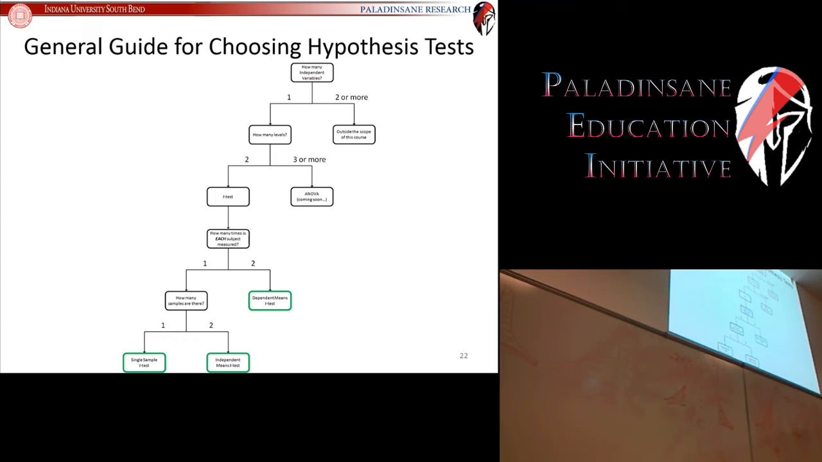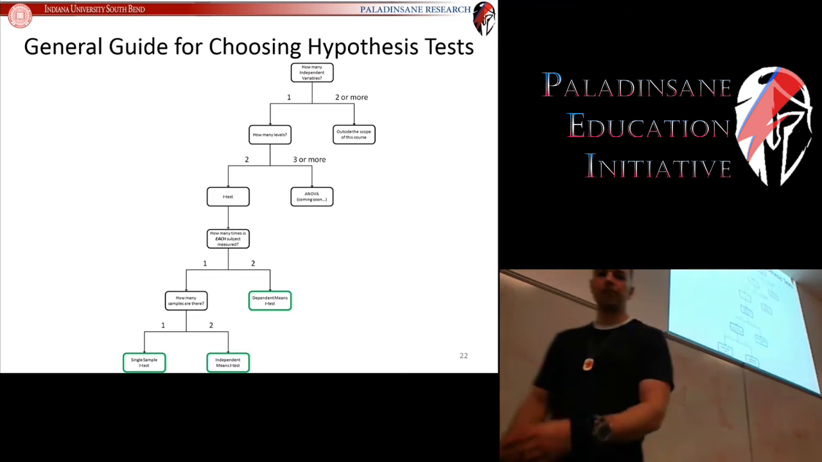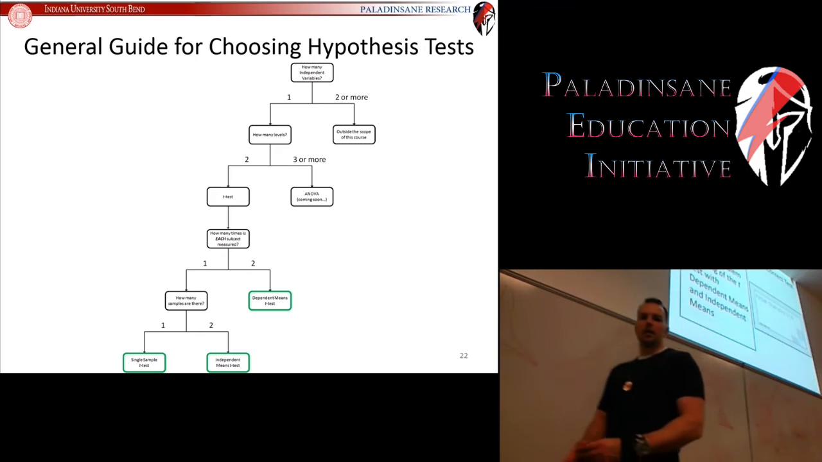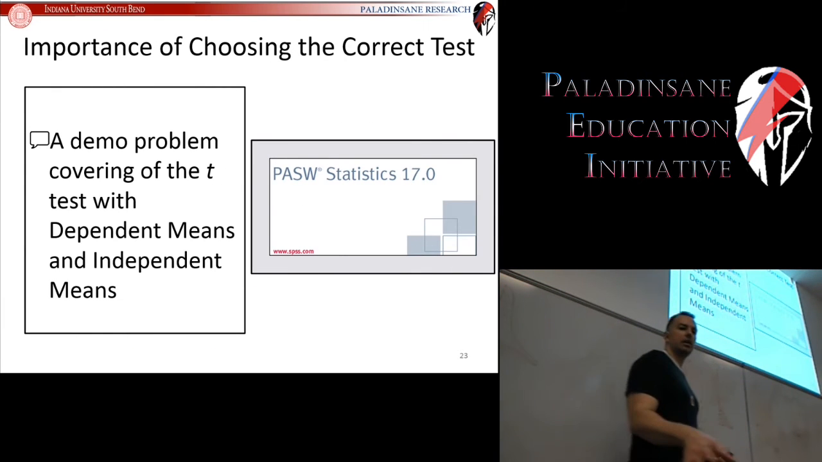So you can just start by taking a look at how many times is each subject measured. If it's two, you're done. You're doing a dependent means t-test. If they're only measured one time each, how many samples are there? If there's one, single sample t-test. If there's two different samples, we're doing an independent means t-test. All right, so any questions on that tree or that series of decisions? All right. Okay,